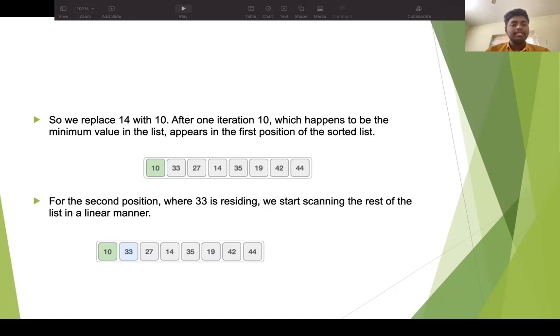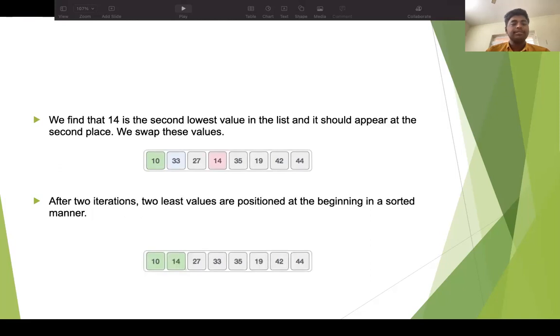For the second position, where 33 is residing, we start scanning the rest of the list in a linear manner. We find that 14 is the second lowest value in the list. It should appear in the second place, so we swap these values. So now we can see 14 comes to the second position.